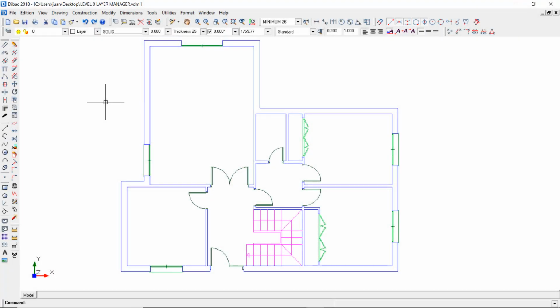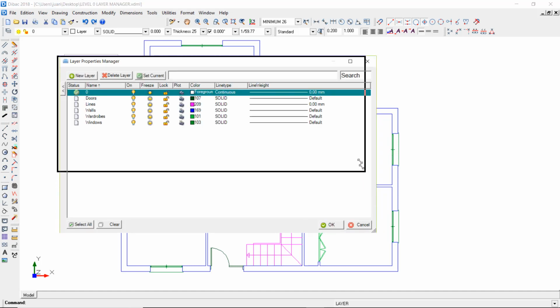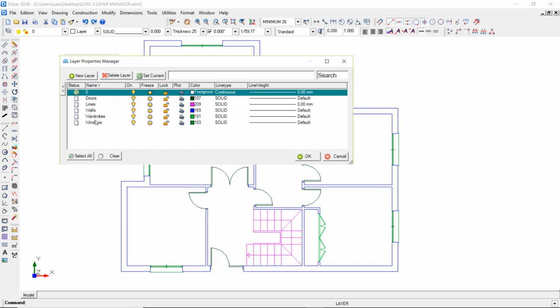The Layers toolbar allows you to make further adjustments and interactions with existing layers. This icon opens the Layer Properties window. Note that in this project I have the doors, windows and wardrobes in separate layers and with different colors to